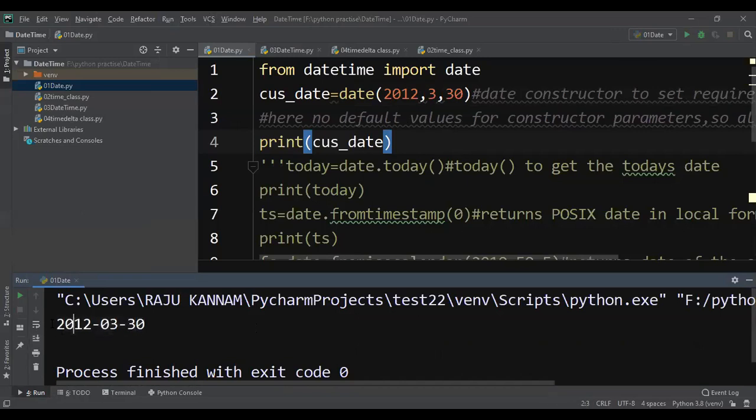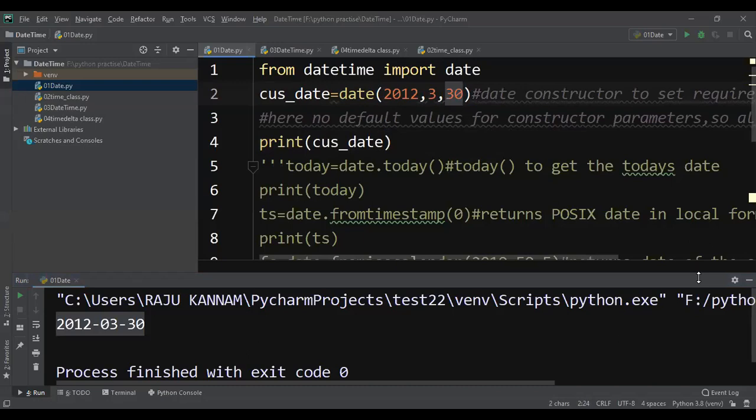This is ISO format, 2012 March 30th. Remember, when you want to use the date constructor, you must pass all three values in the specified order. First the year, then the month, then the day.